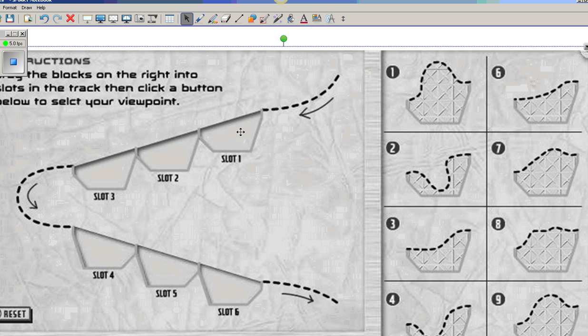So for example, you have slot 1, 2, 3. Okay, you think, all right, what do I want to put in slot 1? So then you have to look over at your pieces and they're 1 through 9